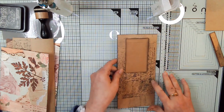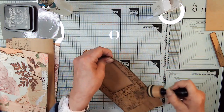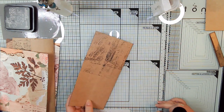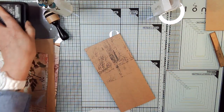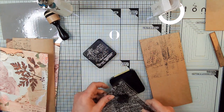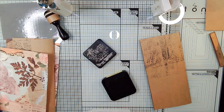Okay, so now we need to ink this. Then we need to fold this up. Did I cut the window on the wrong side? No, I cut it on the wrong end. So we need to ink that. And that'll fix it. I told you I've never done this before and we're winging it. So this is me winging it. I didn't do a demo ahead of time. I changed my mind a couple times. All right, let's put...